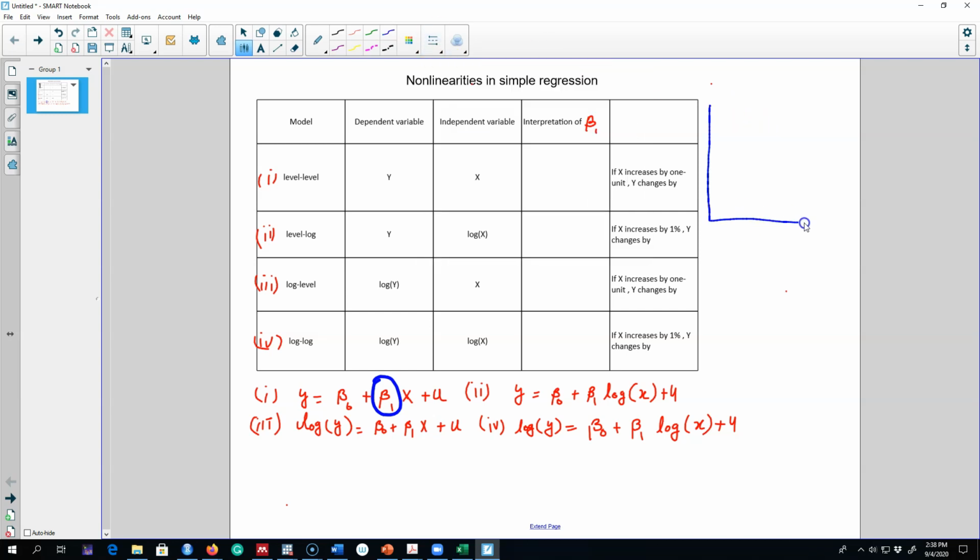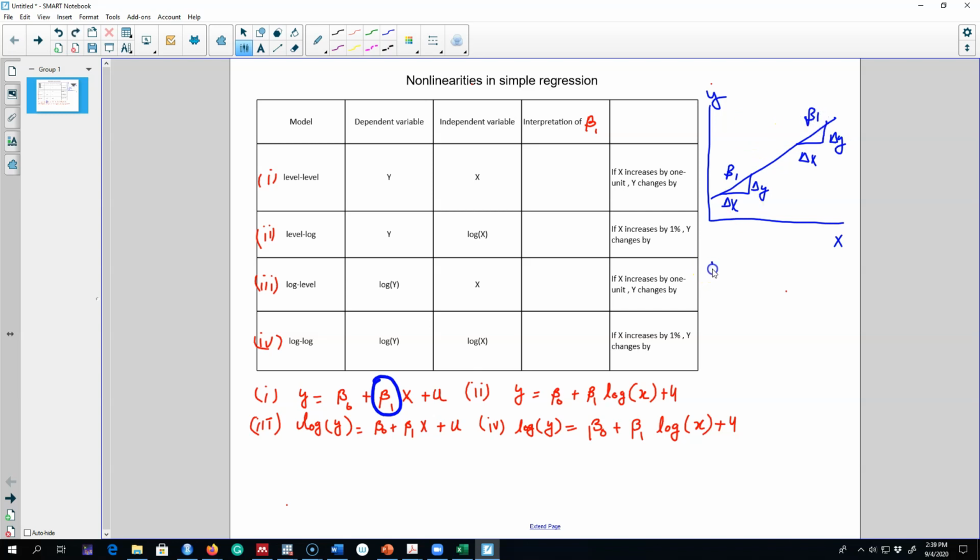So what we are assuming here is that the x variable is having the same impact on the y variable no matter where we take the changed value. So we are assuming that if x changes by 1 unit, here the change in y is beta 1. So we can see that no matter whether we take that change here or here, the impact on y is beta 1. The slope is not changing.